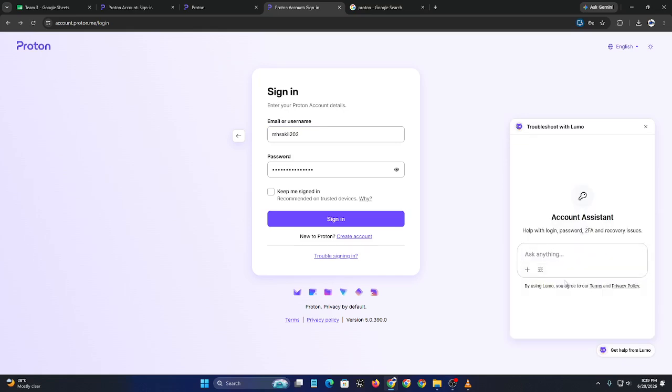And that's how to fix Proton Mail sending failed issues. By checking your connection, recipient information, attachments, account settings, and service status, you can resolve most sending problems and get your